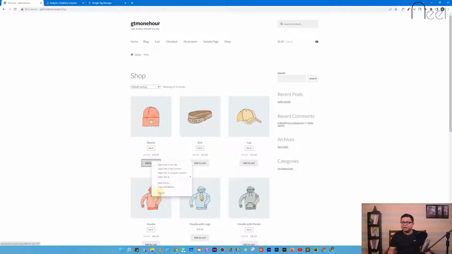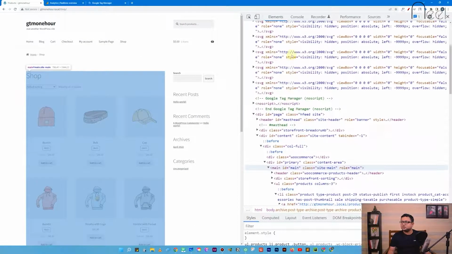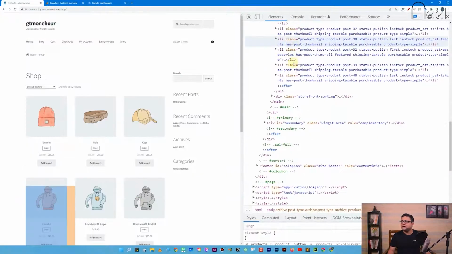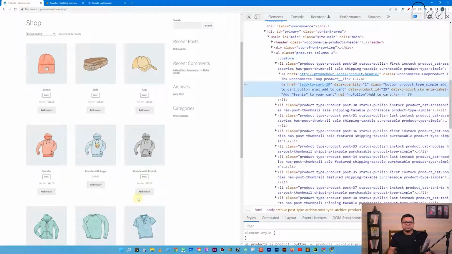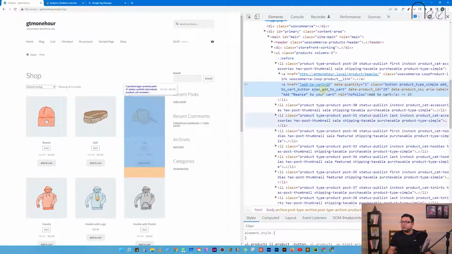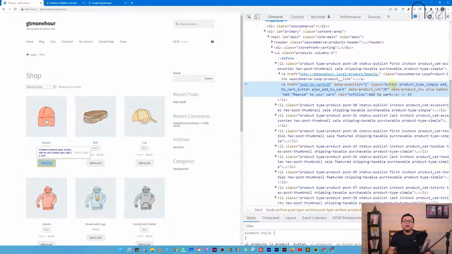So if I right click over here, inspect, you see that there are so many components over here, right? All these li, ul, div, all these are HTML components, but we have to uniquely identify if it is one of these add to cart buttons, right? So how do we do that? Now, if I right click over here, click on inspect, you'll see that right now I'm highlighted on the add to cart button. Okay, and inside this, there is something called a class. Okay, and there are class names over here. There are multiple class names separated by space. Okay, I have seen that,